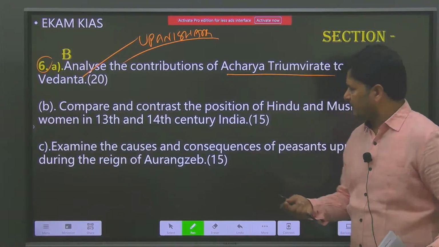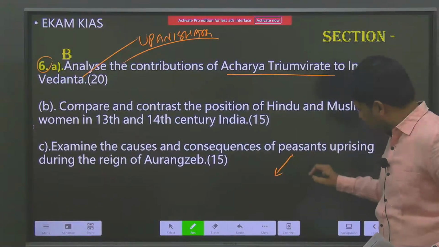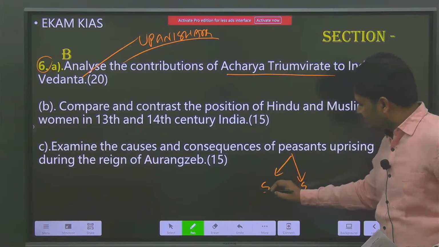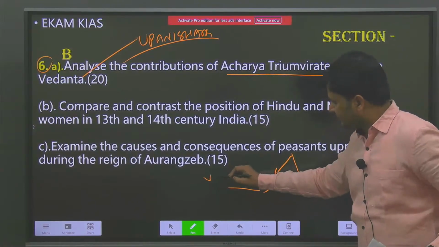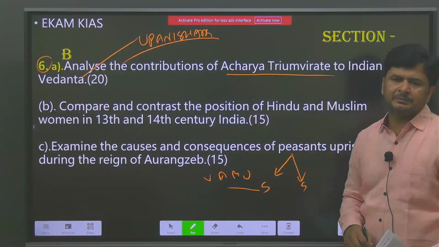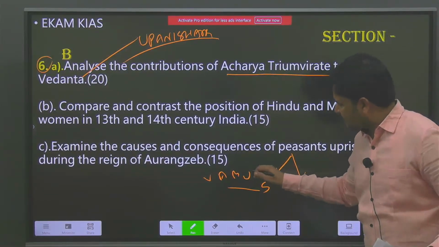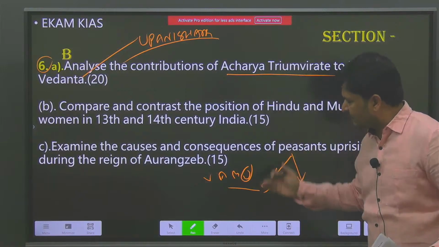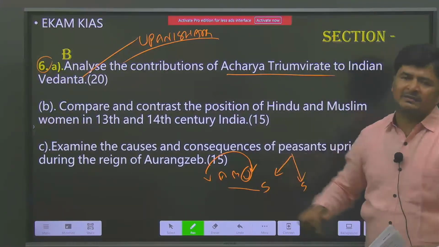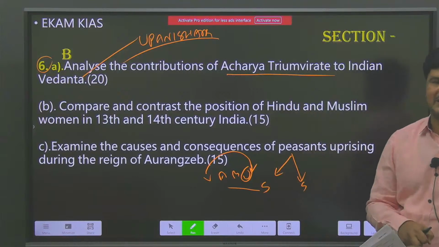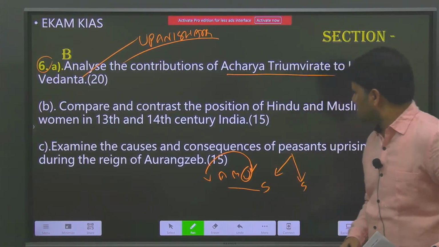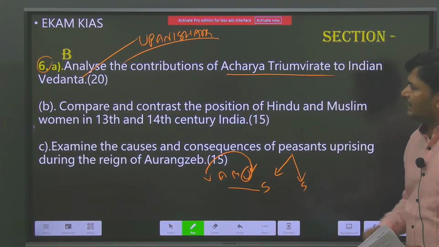And we have learnt as part of classes, especially Vedic civilization, we have Shruti literature and Smriti literature. In Shruti literature, we have Vedas, Aranyakas, Brahmanas, and Upanishads. Since Upanishads are the fourth category in Shruti literature, Upanishads, otherwise called Vedantas, and you have to write Acharya Trimurti's philosophy. The second one, compare and contrast the position of Hindu and Muslim women in 13th and